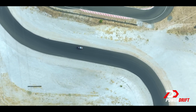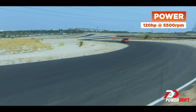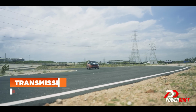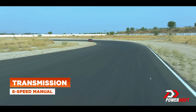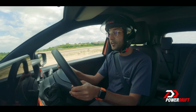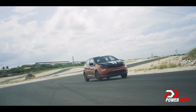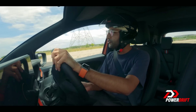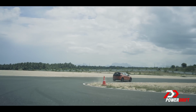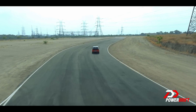And if you're wondering where you've heard of a 3-cylinder turbo petrol 120 horsepower 170-ish Newton meter hatchback, South Korea is a good place to start looking. And while you're looking out, get a good look at the front end, because I strongly suspect in a drag race, you will get a chance to get a good look at the rear end of the i20 thanks to its faster DCT. But the race will be closer than ever, and the Altroz is still the best handling hatch